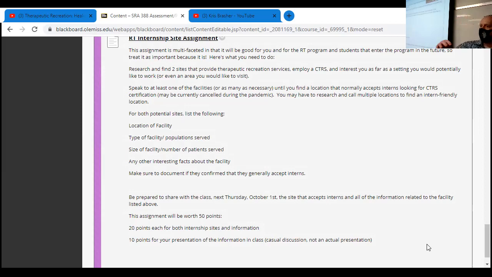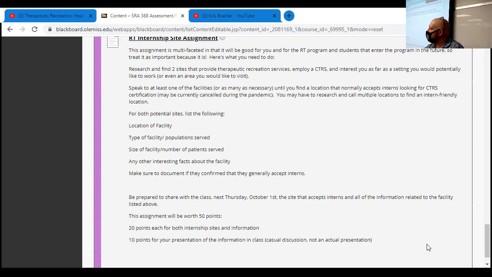That's important because I'm trying to use this to build up our database to help students. It's much harder to find CTRS internships than it is sport and rec internships. You can do those at so many places. I don't give them any help at all. Basically, I say, go find an internship and let me know when you find one and we'll get you signed up. But for this one, I feel like it's kind of my duty to get some places lined up with some ideas, because number one, these places that have CTRSs, a lot of them like for us to send them a contract.